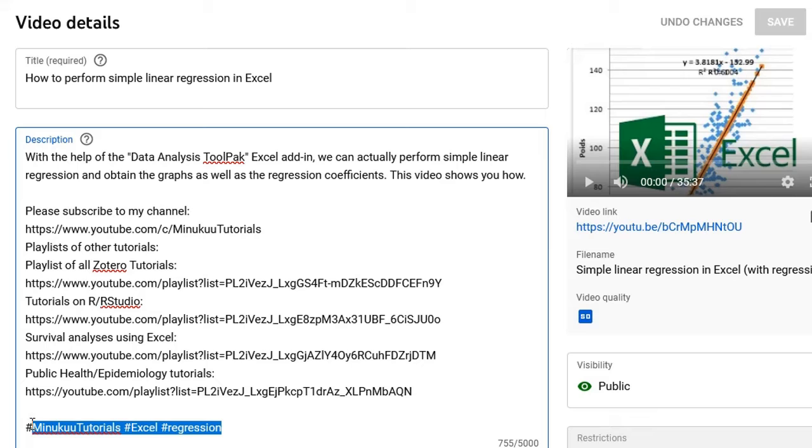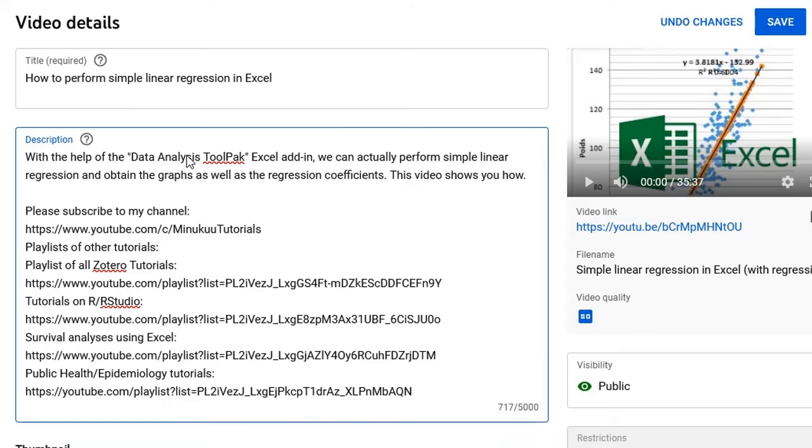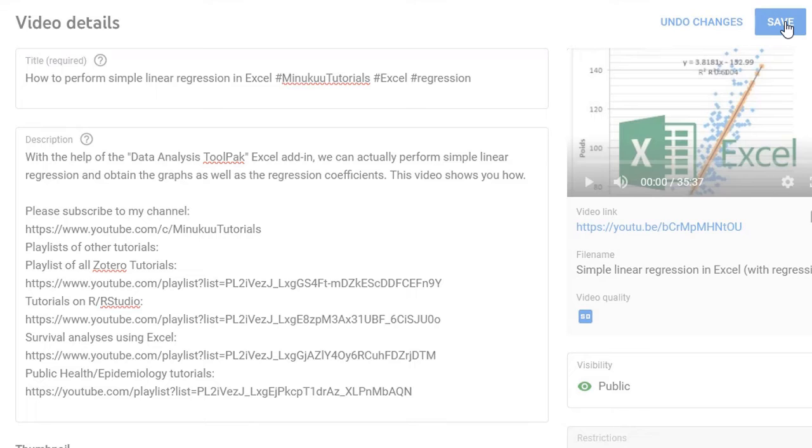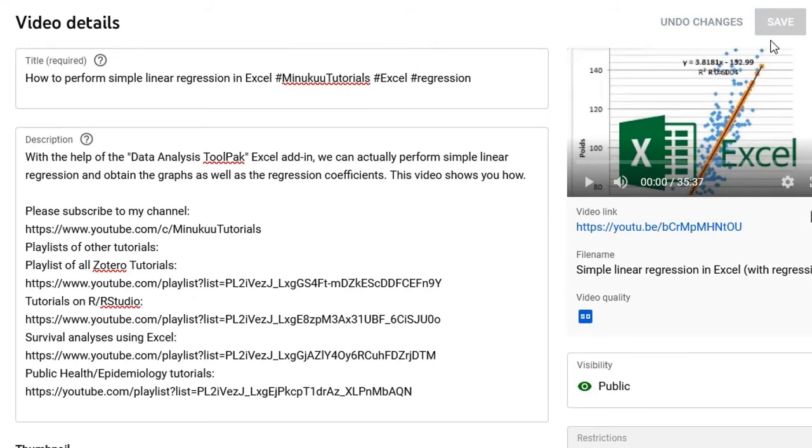So I simply cut these hashtags and brought them here and just pasted them here. I thought pasting them here meant that they were going to come above, and it didn't work that way. So if I paste it here and click on save, now if we open this video,